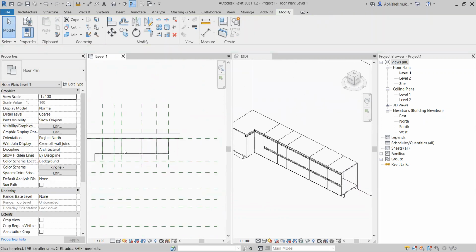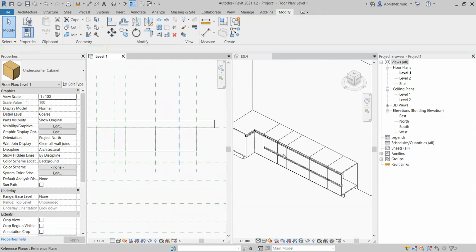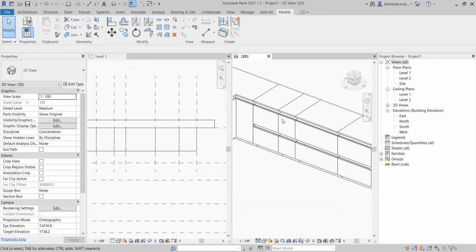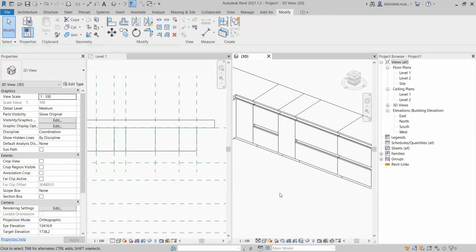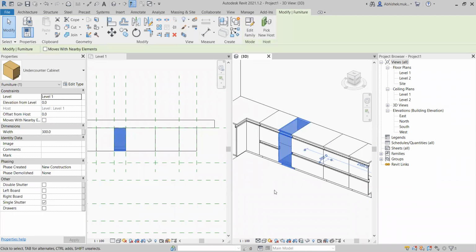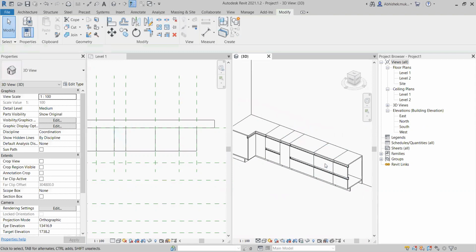But I see that the one which was 300 mm, that was for the bottle pullout, also has these two drawers. So I do not want this drawer system over here. I want this to be an entire cabinet, that is a single shutter. So if you want a single shutter, then in this family, I have left the option for making drawers or making single shutters. So I'm going to select off the drawer and I'm going to select the single shutter on. And automatically you see that this has become a single shutter. And rest of them are drawers.